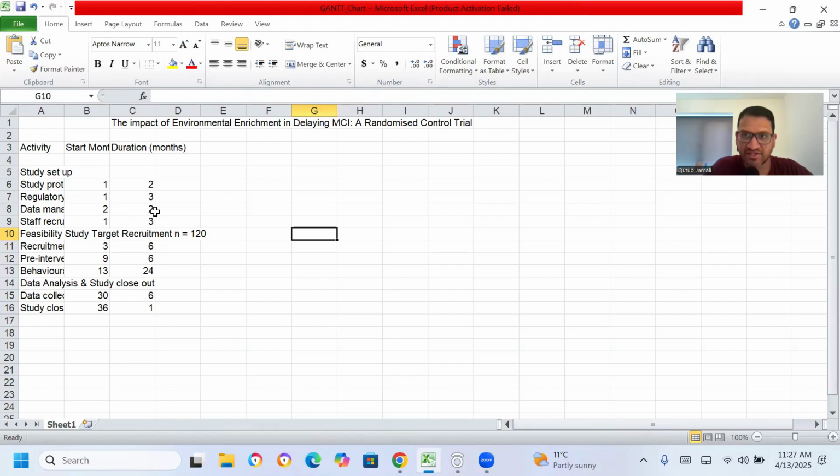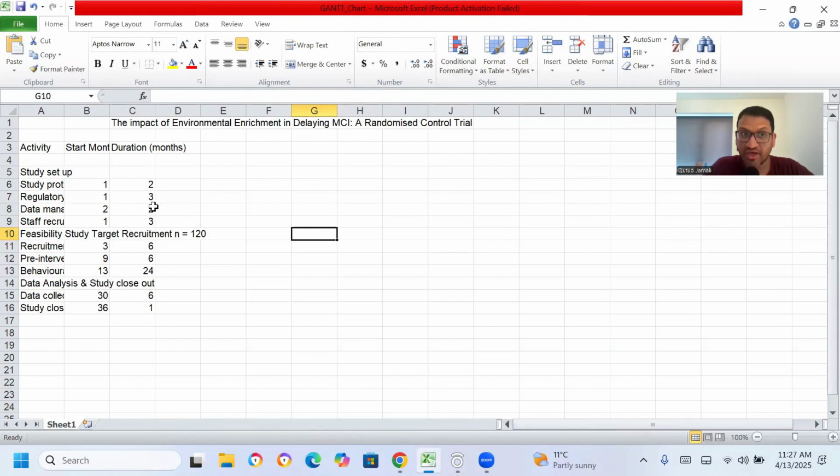till the end. So there are many softwares where you can create a Gantt chart, but I think it can be easily done on an Excel sheet, and that is what I'm going to show you today, how that is done. So I did a Gantt chart using the Excel sheet on one of my project where I've applied for